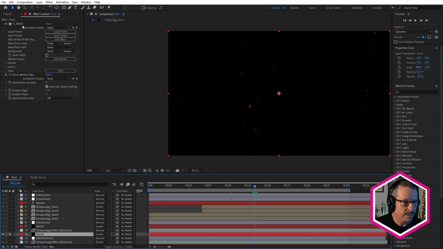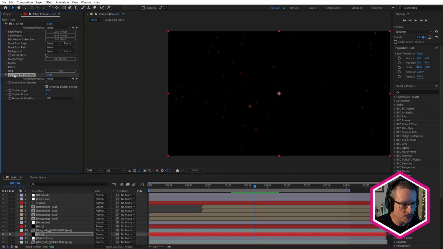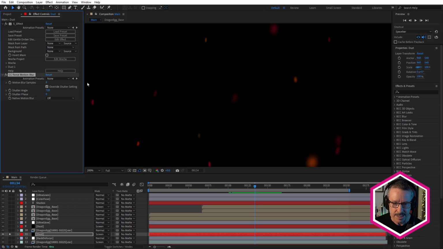And once again, I used Sapphire's effect search to find what I wanted. It's actually called Gentle Ember Shower. And Dust itself doesn't have motion blur currently. So you can see I've used the Force Motion Blur effect just to give it a little more of an ember look. When you've got really slow drifting dust, you don't really need motion blur.